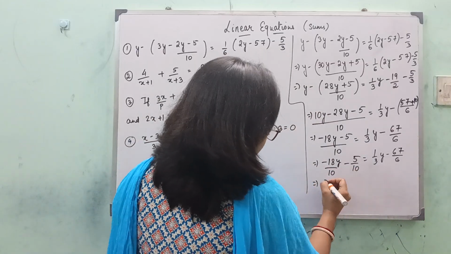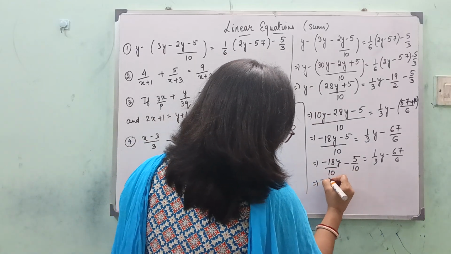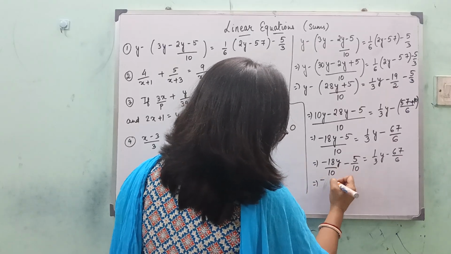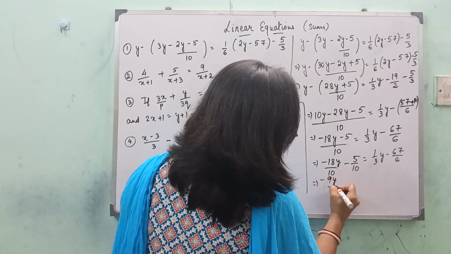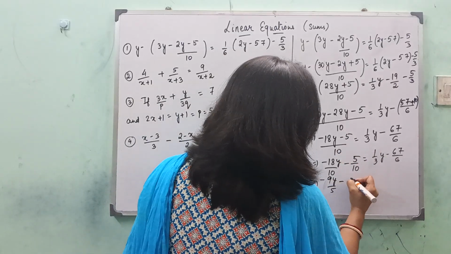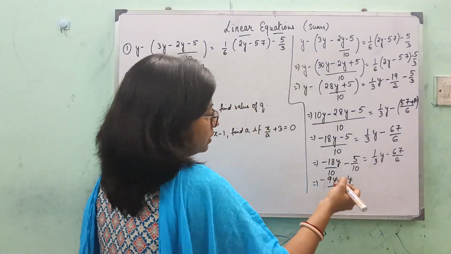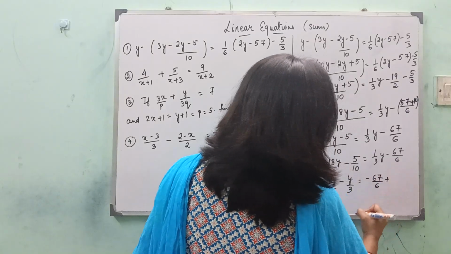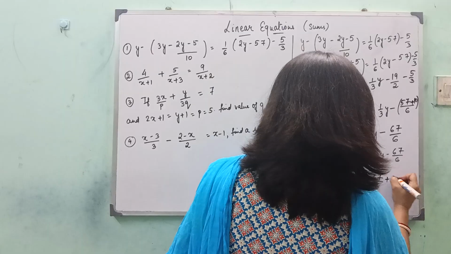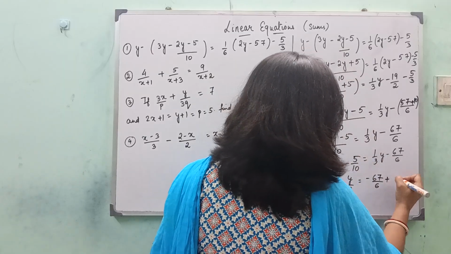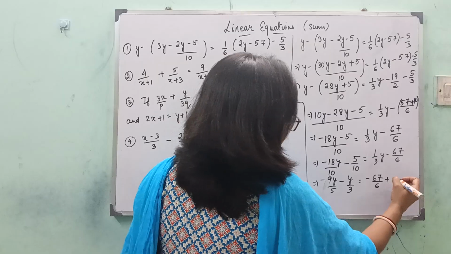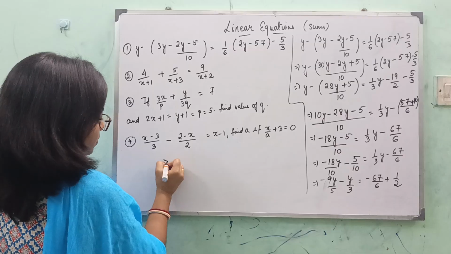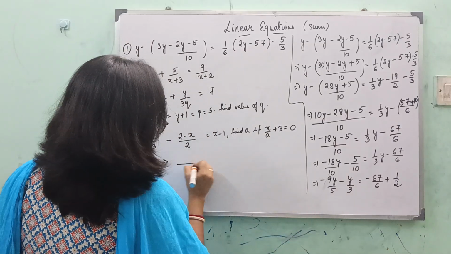So bringing the y's in one side, this becomes minus 18 and 5 becomes, 18 and 10 becomes 9y by 5. I'll bring down this y by 3 this side. 1 by 3y is y by 3, is equal to minus 67 by 6 plus minus 5 by 10 is half. So this becomes plus 5 by 10 this side, so it is just half. Alright, just moving the sum this side. Please follow. LCM 15